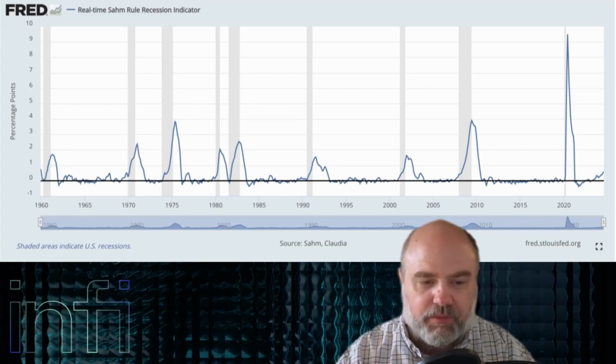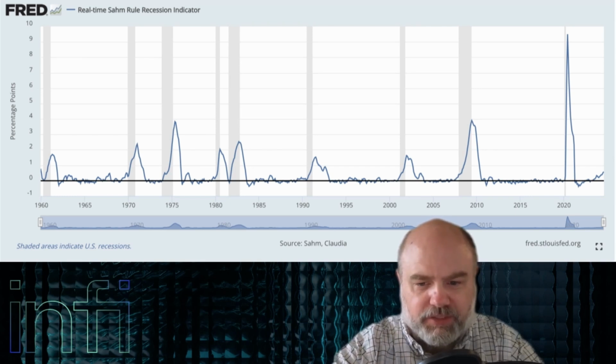Okay, so first order of business, let's look at the so-called Sahm rule. Here, this is a chart coming from FRED, which is the St. Louis Fed's graphing tool. And you can see that it calls it the real-time Sahm rule recession indicator. I'll just read here. Sahm recession indicator signals the start of a recession when the 3-month moving average of the national unemployment rate rises by 0.5 percentage points or more relative to the minimum of the 3-month averages from the previous 12 months. Okay, so it's basically, big picture,